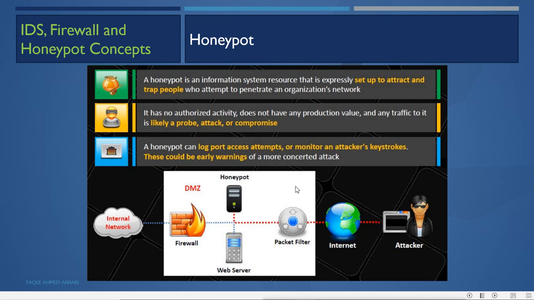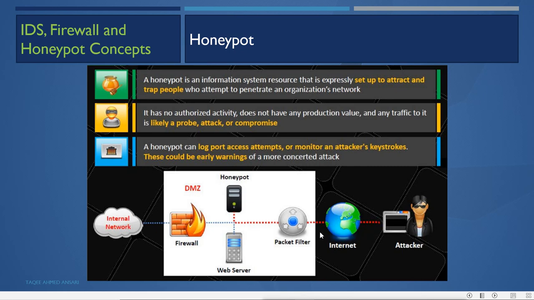It logs all the different types of attacks which this attacker does, and that will be an early warning for the organization that someone is trying to attack it. So suppose the attacker tries to do a denial of service attack, the organization can know by watching the logs how much attack this attacker can do, what source addresses it is using, and it can even show the botnets it is using.